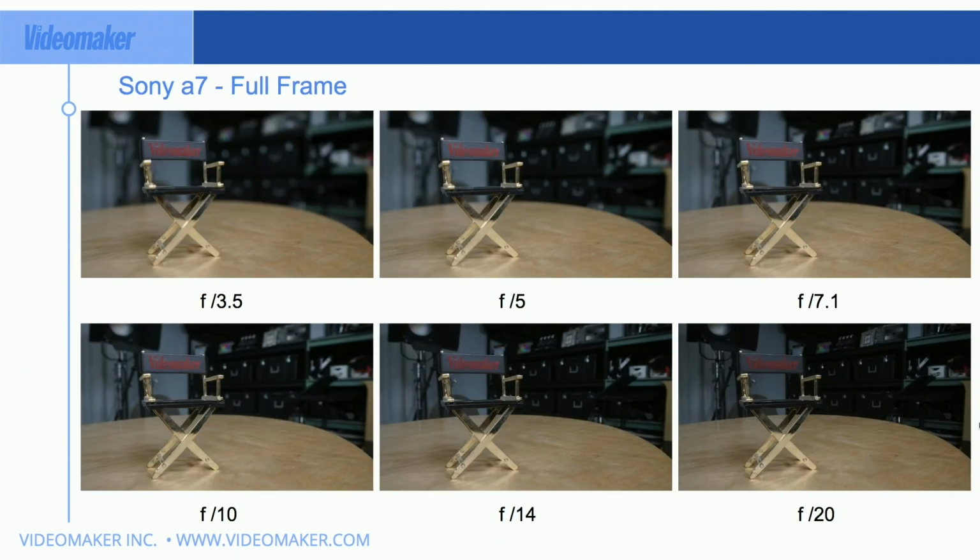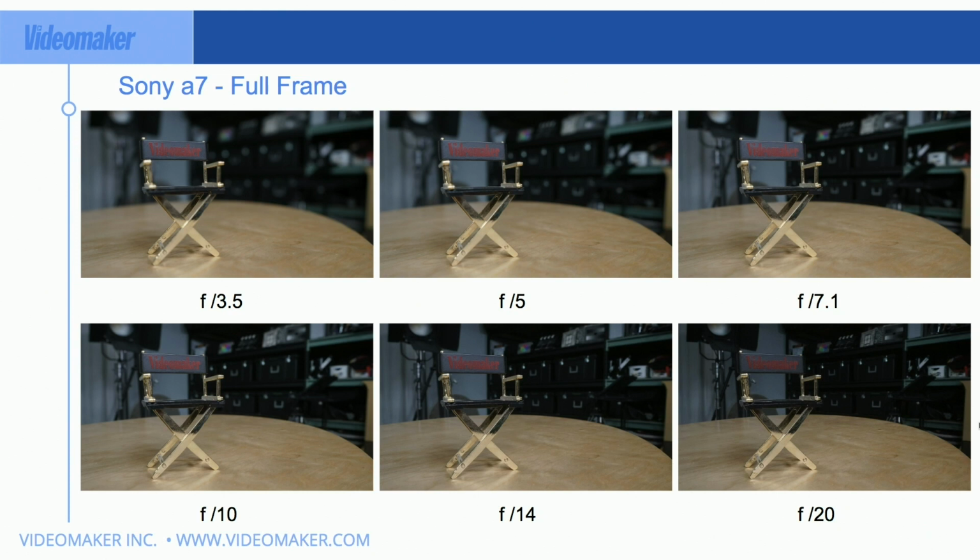So here's a full-frame lens. And this is the same angle as that chart shot, but of this little tiny director's chair here. And you can see that really, being that I shot this shot, I know what's in the background, but you can't really tell what's in the background. You can't tell that the cable is kind of messy behind that light that's on the left.